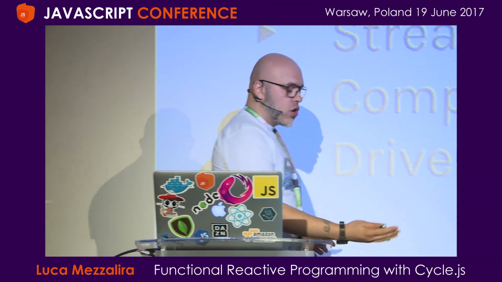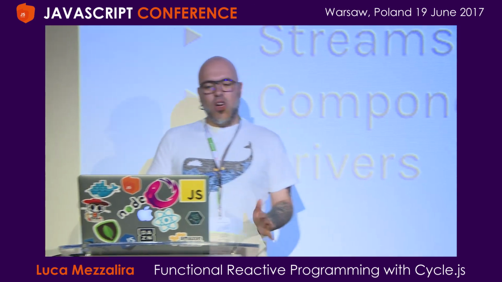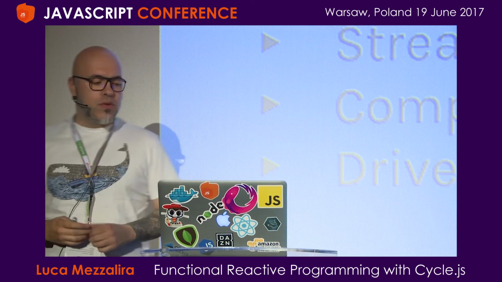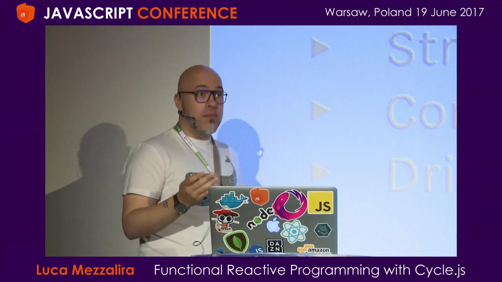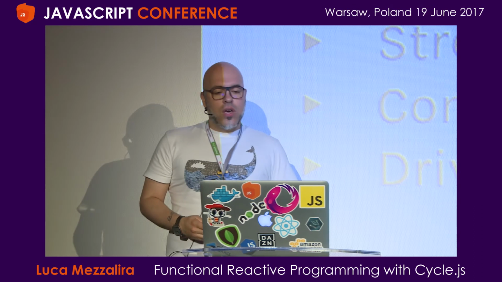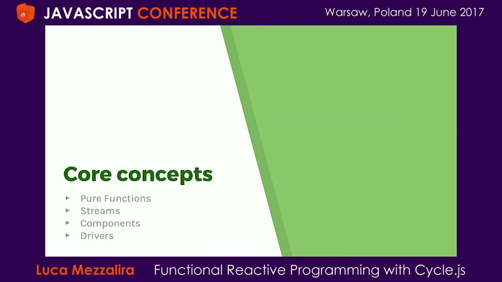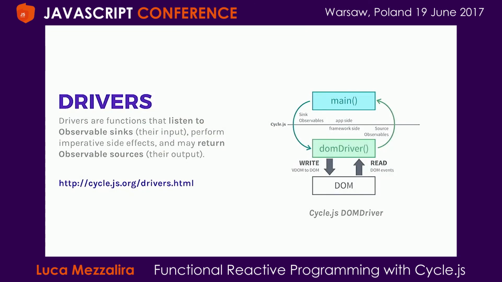So there are a few core concepts inside Cycle.js, not many. So we got the concept of pure function. We mentioned before what they are. We got the concept of stream, and we saw before what it is. And now we got the concept of component, that I don't think I need to explain again what a component is. But we have another concept that is the concept of driver. A driver is, let's say, the part that is communicating with the external world. So basically a driver is just a function that receives an observable as input. And potentially it may or may not return an output.